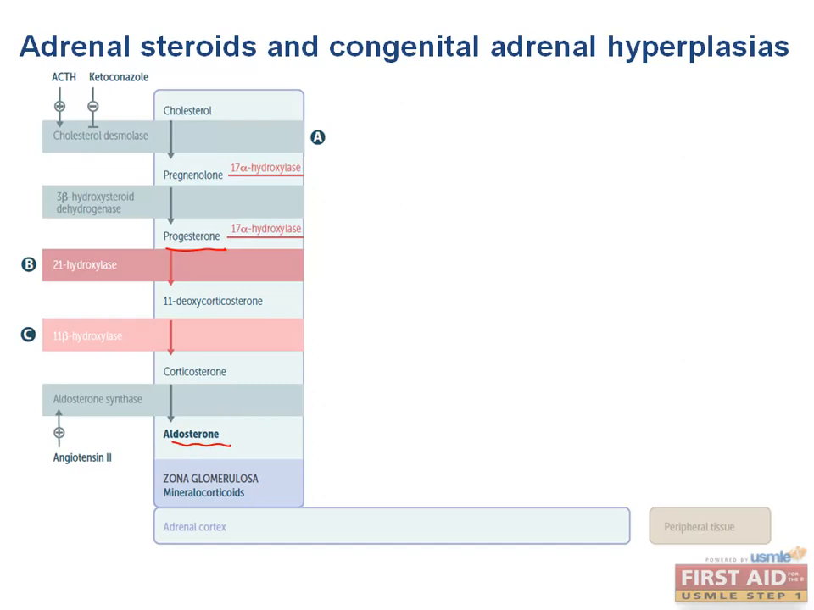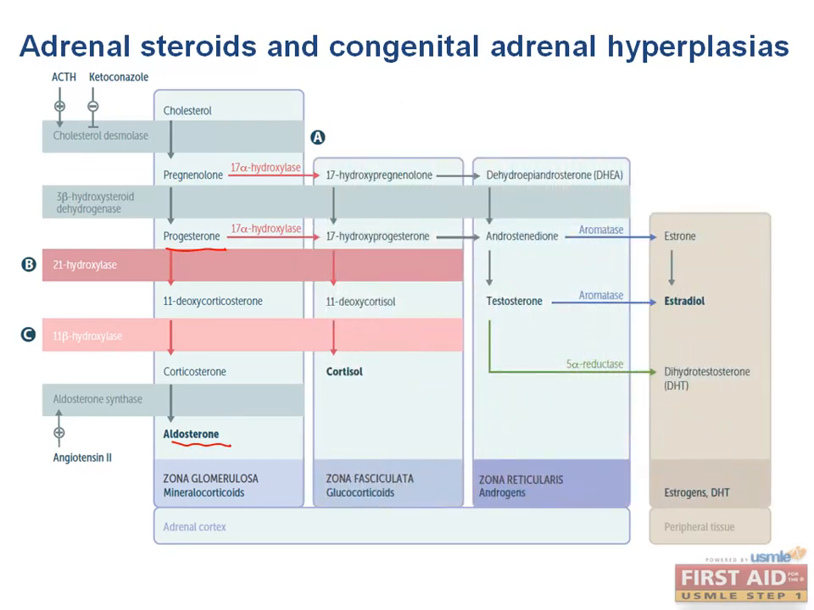If you don't recall why this is the case, as discussed in the renal physiology lectures, aldosterone works to increase sodium reabsorption in the distal convoluted tubule. It is also important to consider what is not made. And looking at where the blocks are, we see that cortisol and sex hormones, both testosterone and estradiol, levels